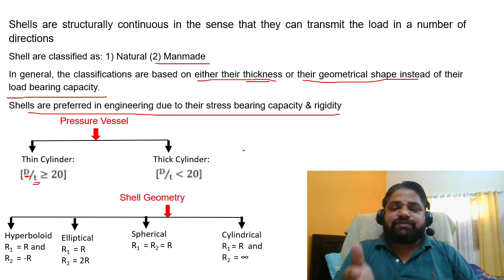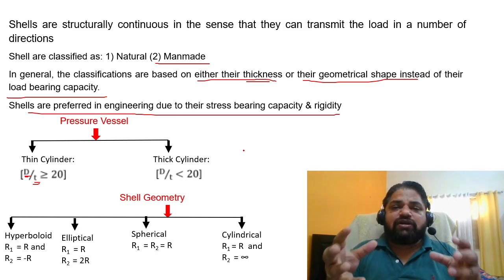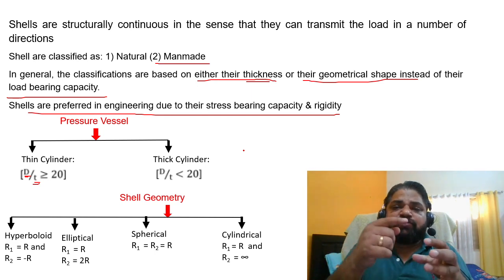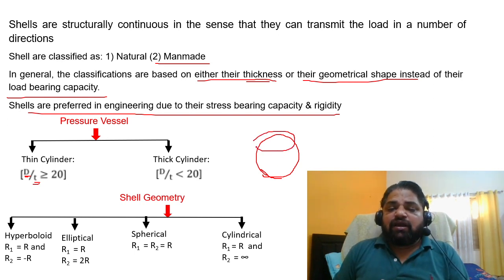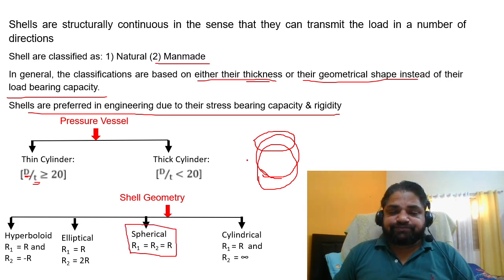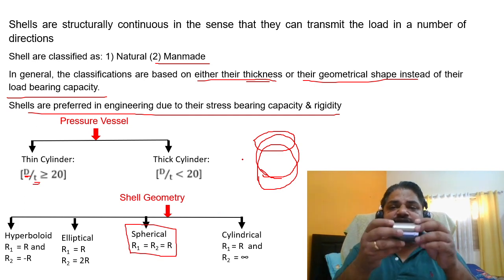It's a whole sphere. If I cut it, I can get two different hemispheres. And if I want to draw the whole spherical ball in front view or top view, from the top I'll get a circle, and from the front I'll get a circle. So everywhere I'll get a circle in the case of a sphere. Similarly, the elliptical shell and the sphere are the most continuous or rigid in nature, because they have equal curvature in all directions. Now I have shown one cylindrical case.